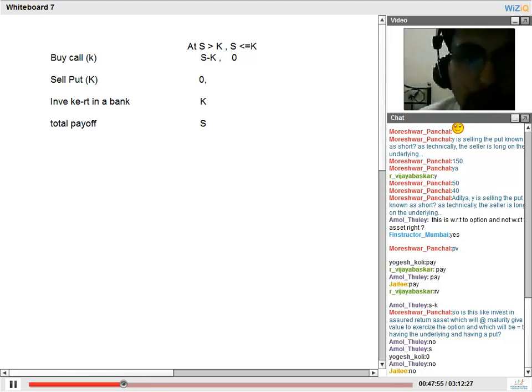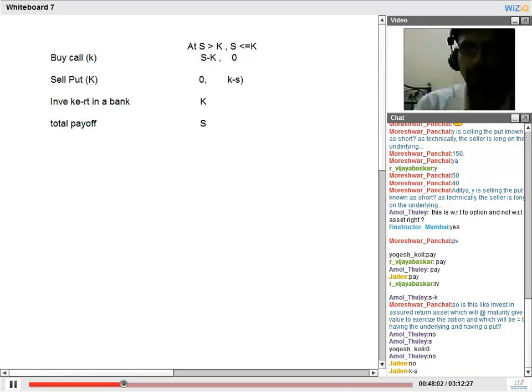Will the buyer of the option sell it to me at K and buy from the market at S? Is this the profit for the buyer? This is the profit for the buyer, K minus S. You have sold the option, so you will have an exactly equal loss. You will have a loss of K minus S because the buyer of the option will execute the option. He will buy from the market at S and sell it to you at K. He has the right to sell to you at the price of K.